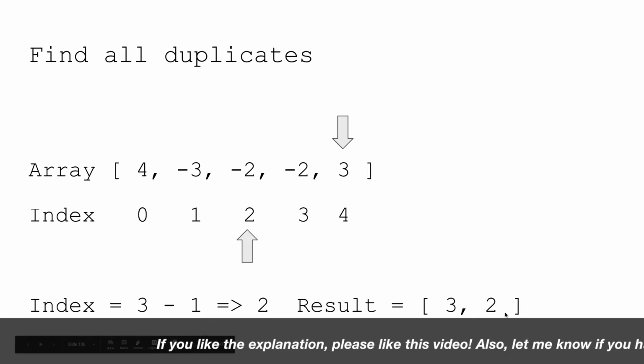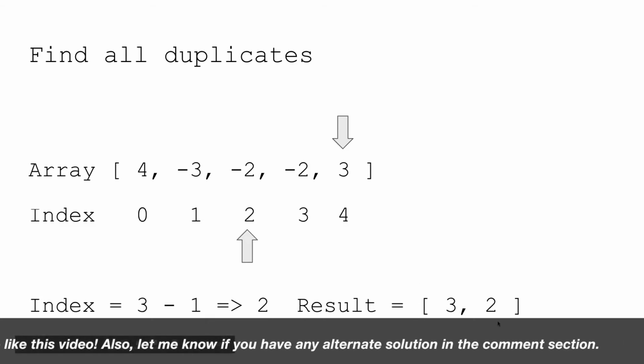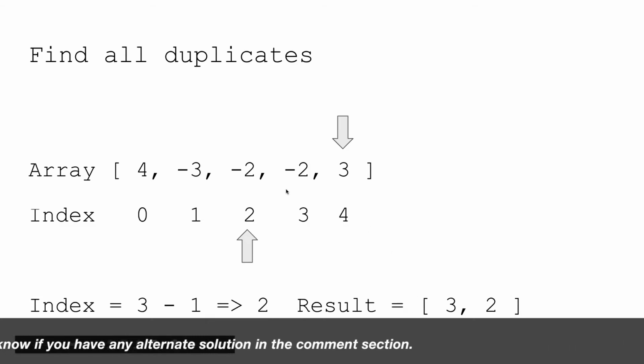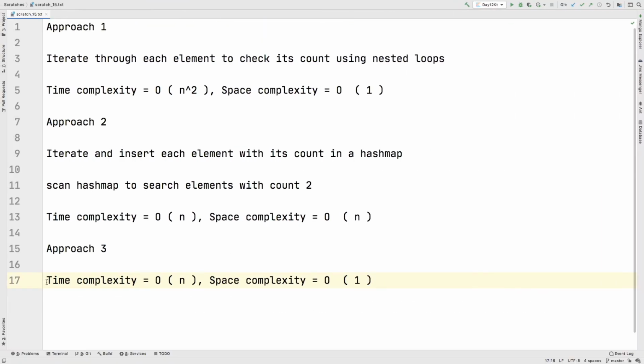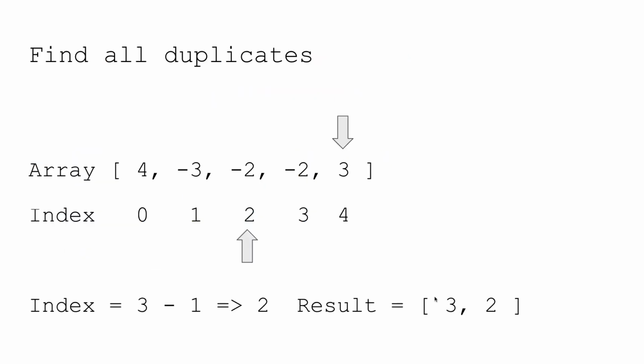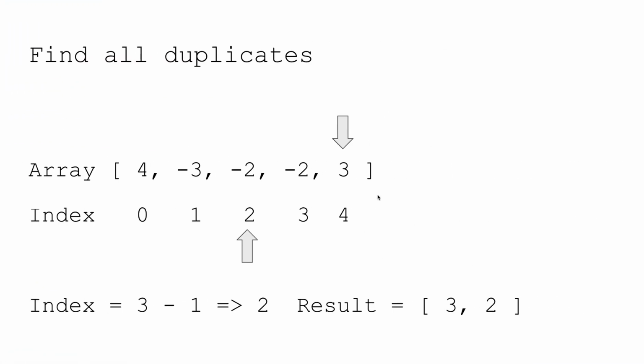which is our expected output. So here if you see, we have traversed this array only once and we have all the values which appear twice. That means it took only order of n time complexity, and also we haven't used any extra space. That means the space complexity would be order of 1. So here in approach 3, we can say that the time complexity is order of n and the space complexity is order of 1. So I hope the approach is clear and also the intuition behind it, where we have used the information of this particular range and then we simply get our optimal solution.